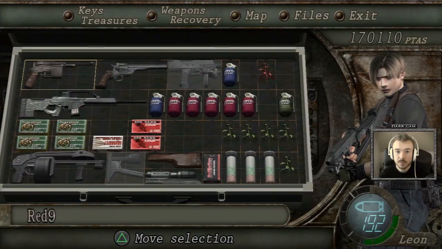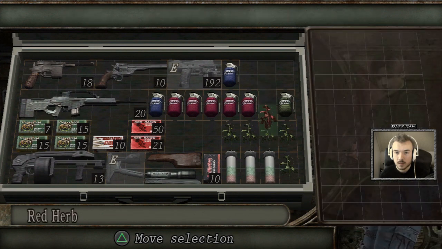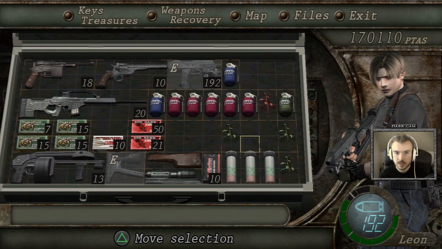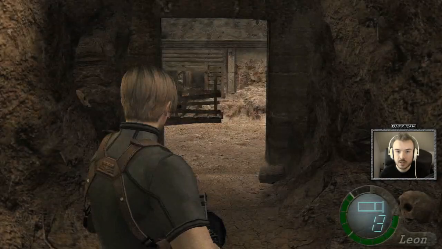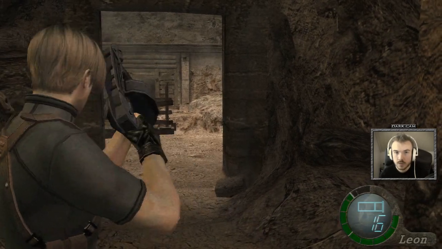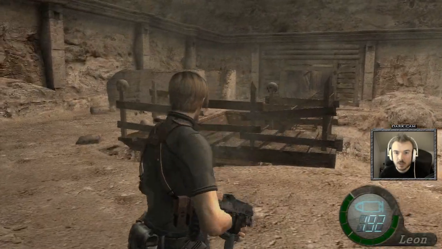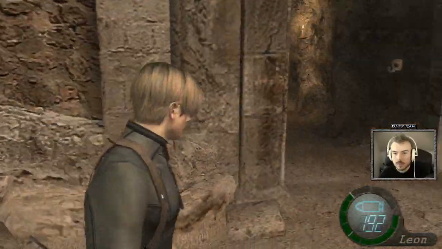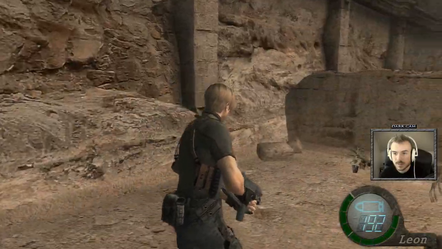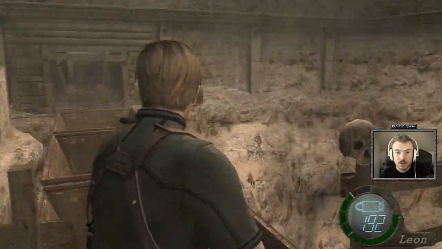Alright, I should heal up. We got so many greens. Why not? Quickly reload our shotty here. And we're gonna cheat. There's no enemies here, so grab this. I could get kind of dizzy myself. Okay, so